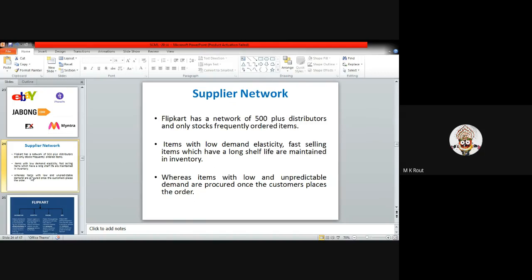Then moving to the next one, where items with low and unpredictable demand are procured only once the customer places the orders. In most cases, during Big Billion sale day or any kind of strategy implemented by Flipkart for a rapid increase in sales, they directly communicate with a larger number of vendors and sellers to procure this particular product directly from the vendor to the customers. Moving to the next part,